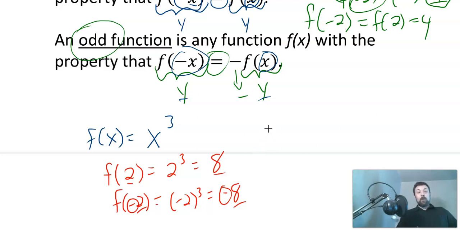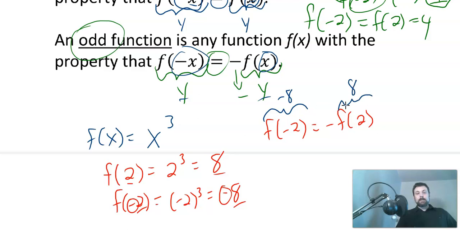And so I can write this as f of negative 2 equals negative f of 2, right? Because f of negative 2 is negative 8, and f of positive 2 is positive 8. So f of negative 2 just equals the negative of f of 2. I know it maybe sounds confusing when I say it really fast all together like that, but it fits that description. Okay, so the problems you're going to have to deal with on the homework are: here's a function,